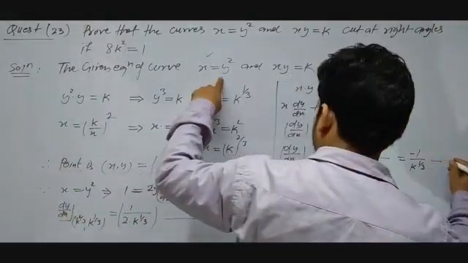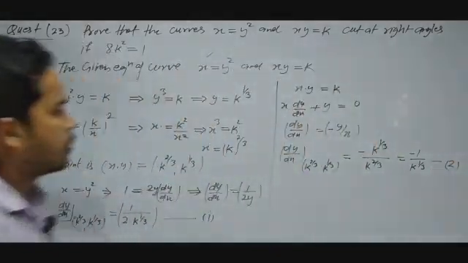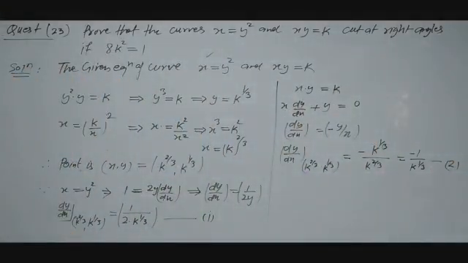Consider equation 2. Now this is equation 1 and this is equation 2, and you know these are the tangents, and we have to prove both are perpendicular to each other. Tangents will be perpendicular to each other, and normals will also be perpendicular to each other. So these are the tangents through the points. So if you multiply, what will you get as the result?